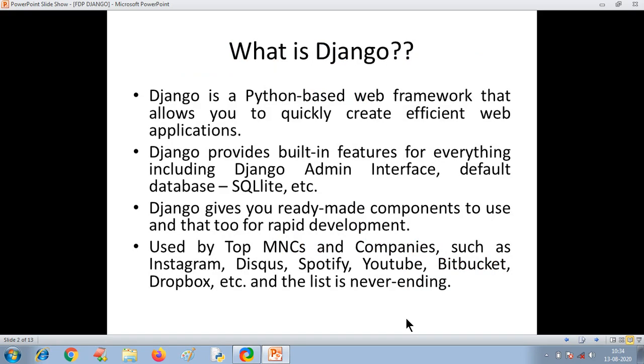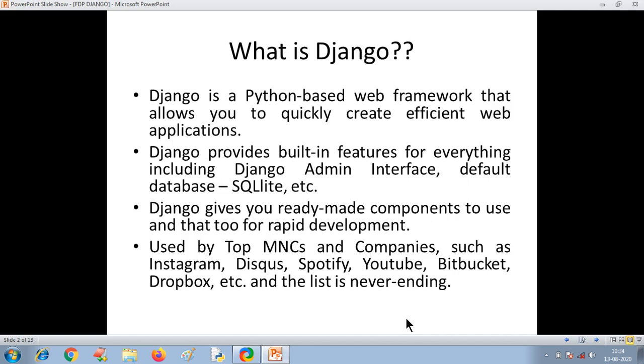Django is a Python based web framework that allows you to quickly create efficient web applications. So if you want to create efficient web applications, go for Django framework, and it is very fast, secure, scalable and flexible. That's why most of the top MNCs and good websites are preferring Django framework over other frameworks.